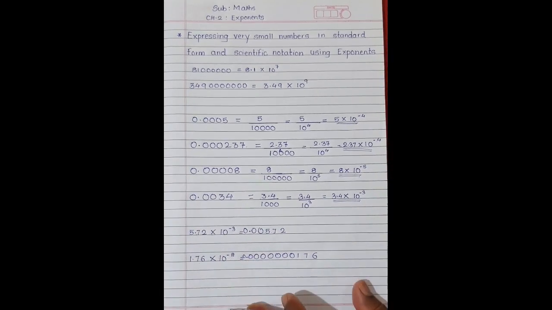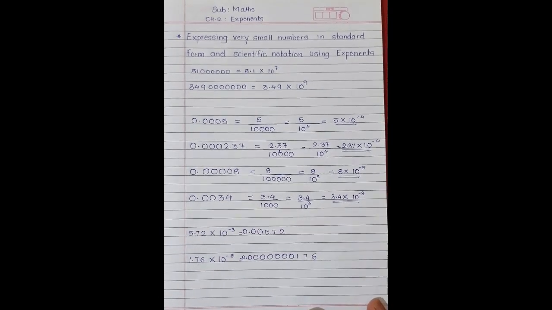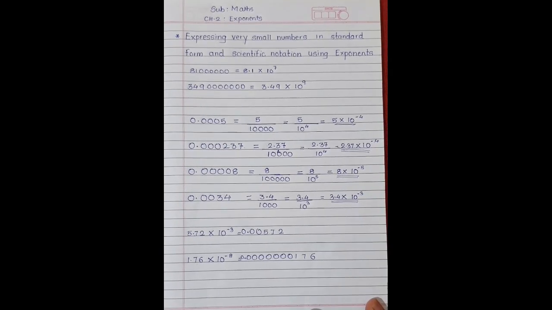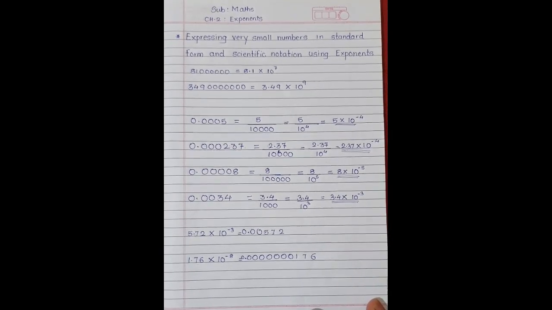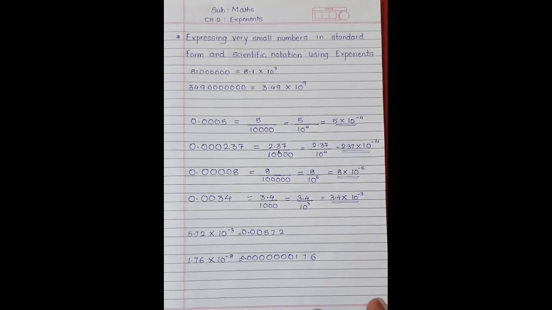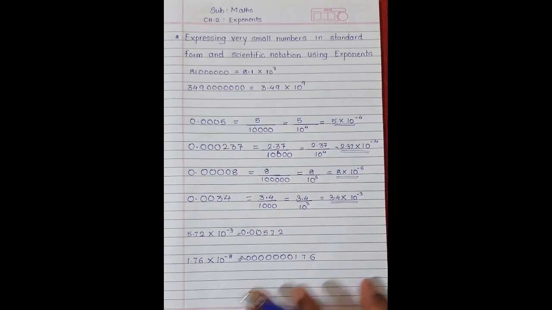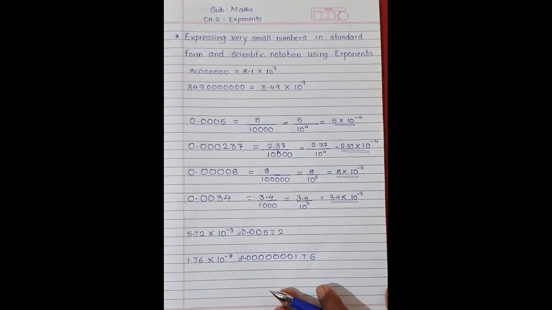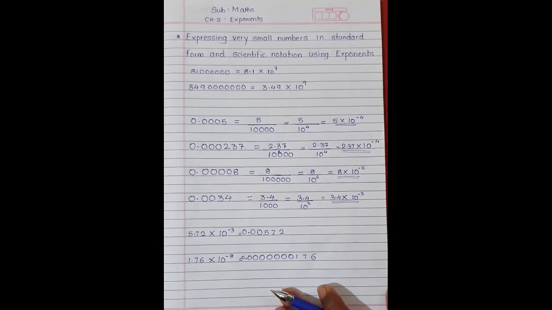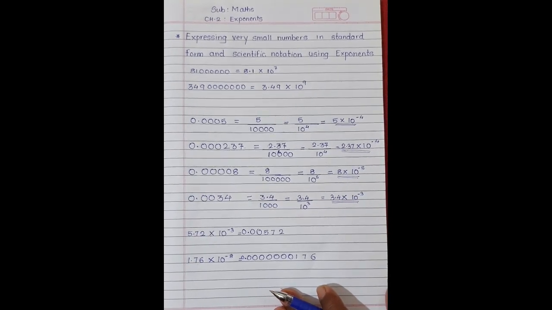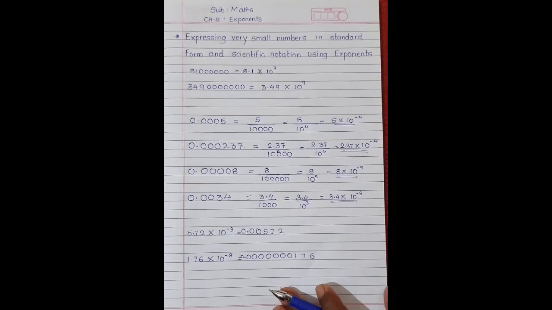Now what you have to do today, after watching this video, is solve questions 12 to 14, which are based on this concept, and after that the multiple choice questions of this chapter. Today you have to complete questions 12 to 14, and then the multiple choice questions, that is 15 to 20. 15 to 19 are multiple choice questions, and the 20th question is a higher order thinking question. So try to solve the multiple choice questions along with this.